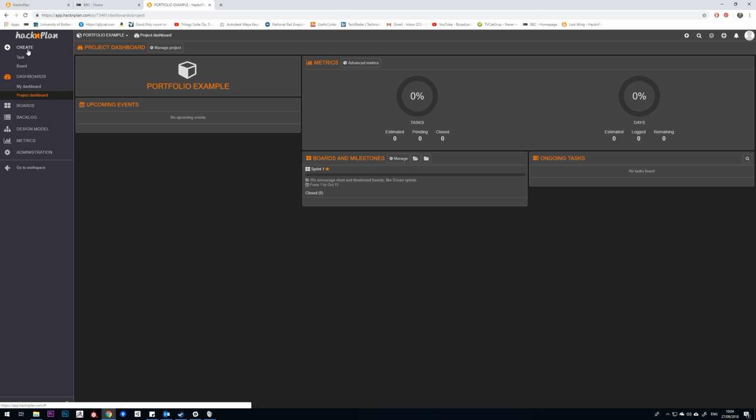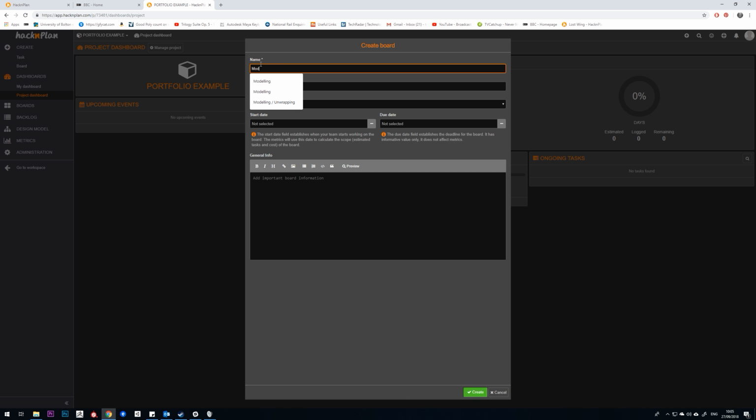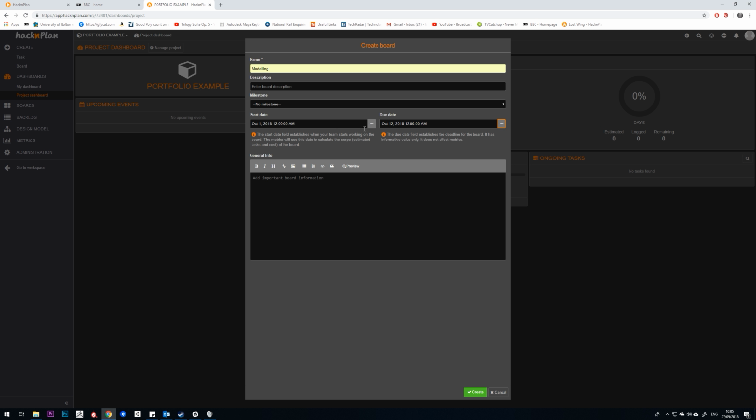The next thing we want to do is actually make some boards. So we're going to split the boards up into things like modeling, unwrapping and texturing. So we'll go to Create, and on this one we'll just write modeling. And I am going to set a start date, and the start date is going to be the Monday of next week, and the due date I'm going to put as the 15th. In fact, we'll put that as the 12th. So it'll be the Monday to the Friday for 2 weeks. So we'll hit Create on that,